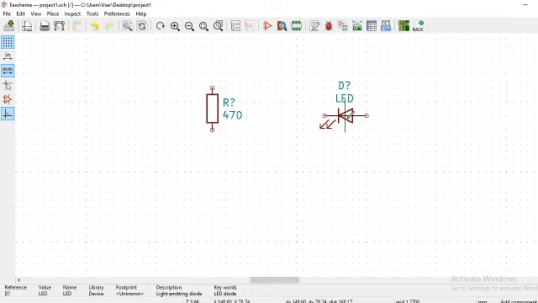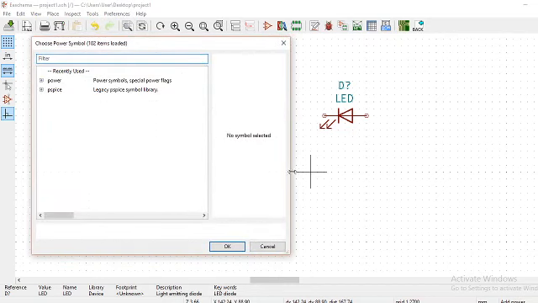We need a power supply, that is VCC and ground terminals. On the right panel of EEschema, click on the place power port button. Here we can see the place power port button. Then click once on the EEschema sheet to open the component selection window. Here we can see a list of power notations.